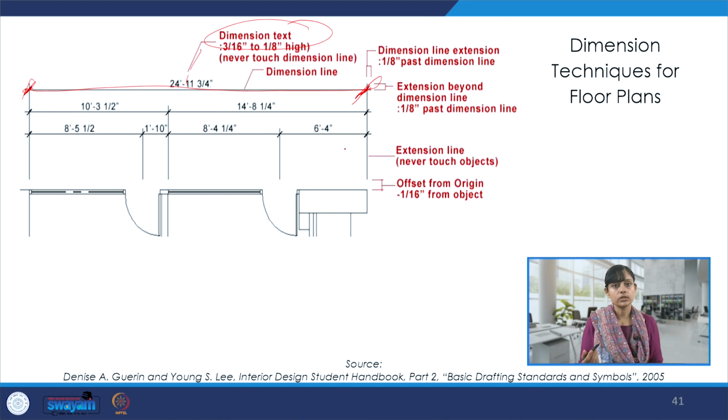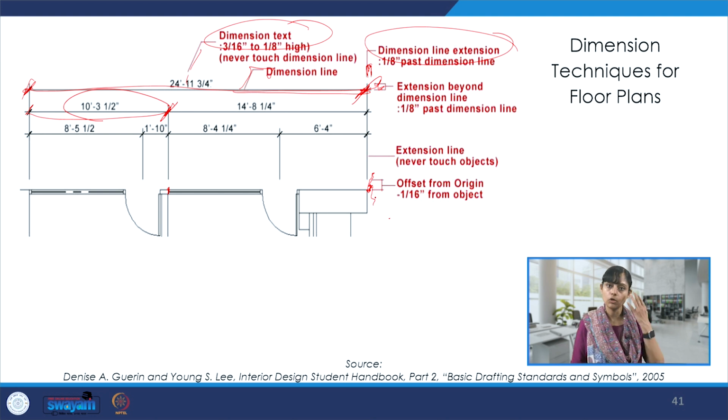And it's quite important because until and unless we have the idea of scale and dimension, it's hard to relate these drawings on site. Then from here, if we see, there is this dimension marked from this to this. This is the dimension line, and this is the dimension line extension that we see over here. So these are methods to represent our drawings, and we have to keep a little offset from the origin so that it's comprehensible and readable to the eye. It becomes easy to read it at a glance.